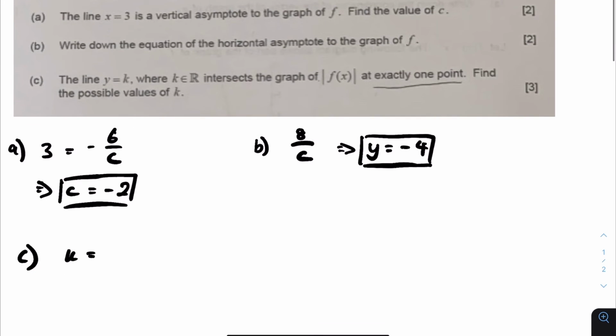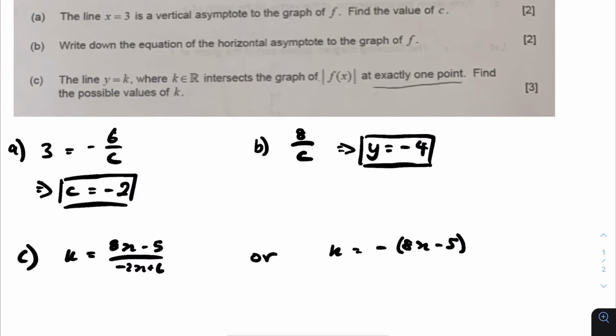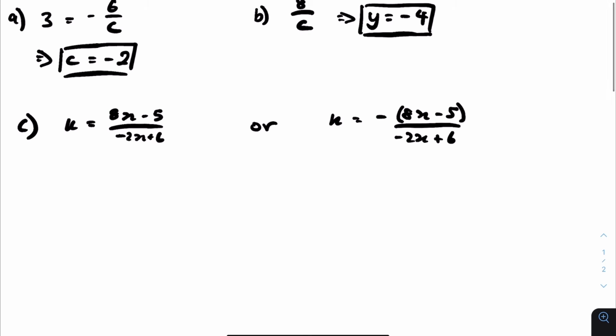So firstly, k can equal (8x minus 5) over (negative 2x plus 6). Well, that's the first equation. Or it can equal negative (8x minus 5) over (negative 2x plus 6). So they're going to end up in the same way with the absolute value sign. So we just have to sort them out separately. So when you multiply, let's do it with the first equation. So this becomes negative 2kx plus 6k, which is equal to 8x minus 5. And if we collect like terms, we get